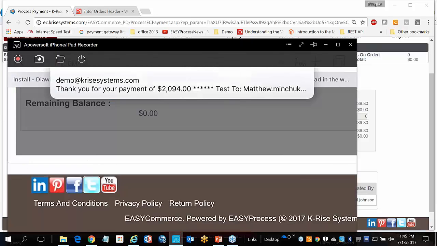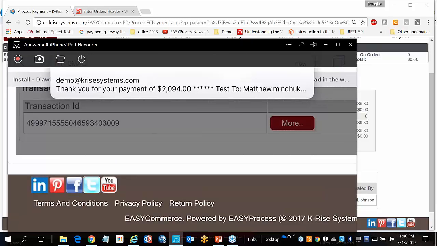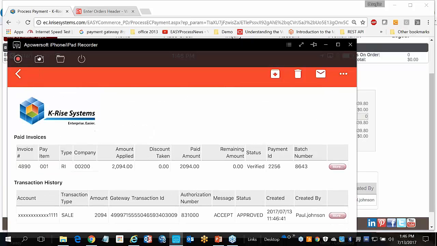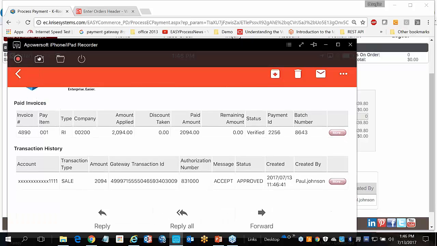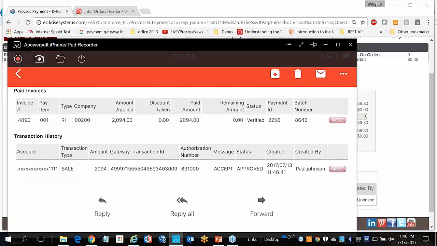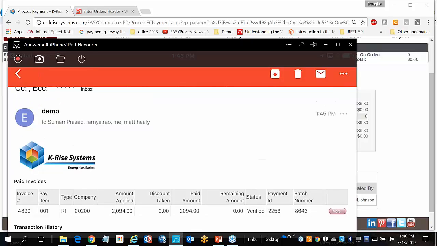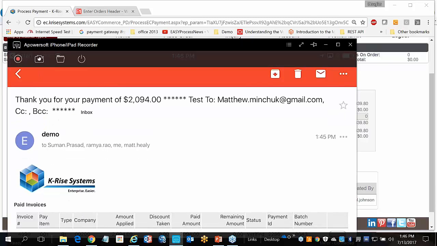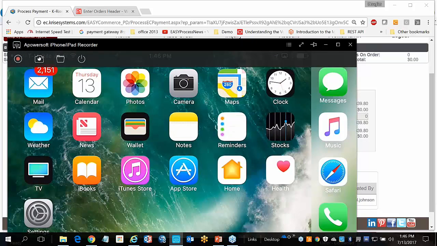Authorization success. So I get the email saying, and this is invoice collections. This is allowing open AR invoices. Maybe you want to restrict it to ACH only so you don't get hit with the costly 2-3% on a credit card. A lot of people are doing this. They're getting away from invoices with a portal like this, paper invoices and mailing and check, and this is an example of that. If I was to come back to the